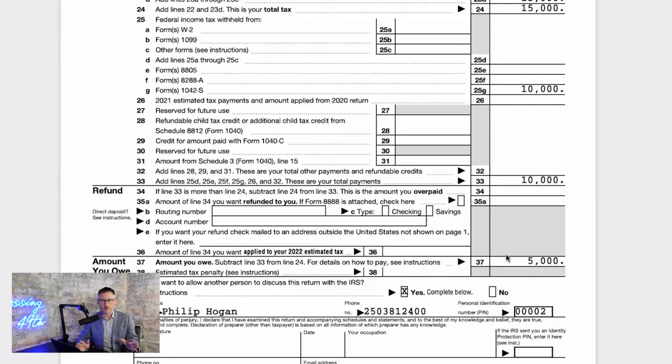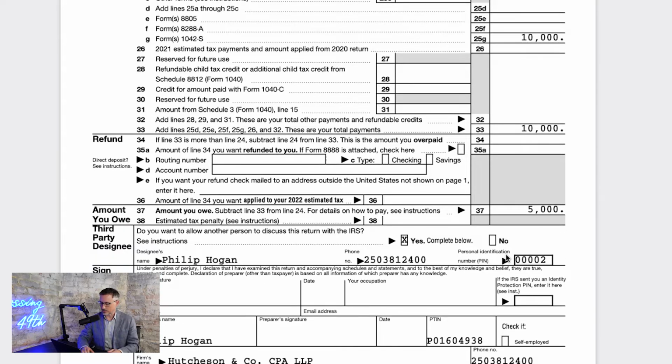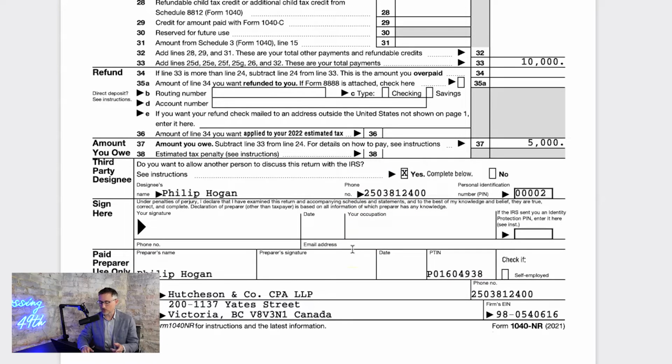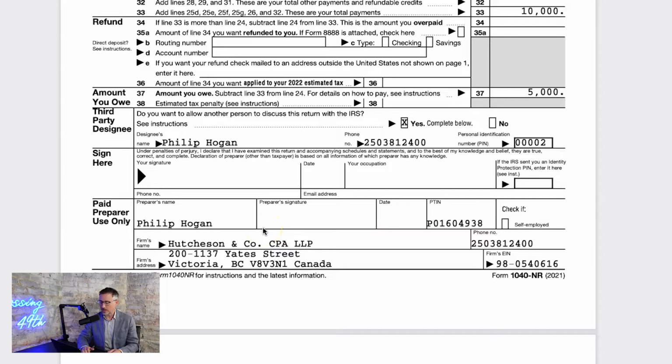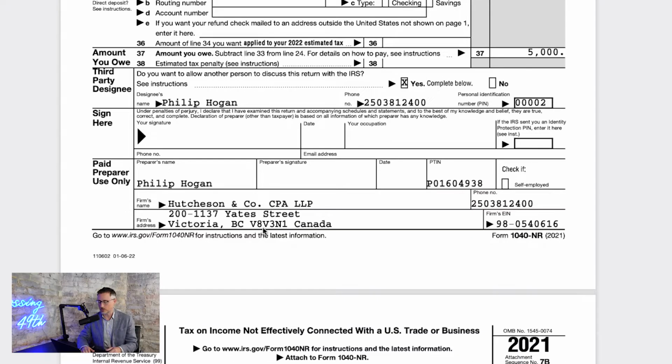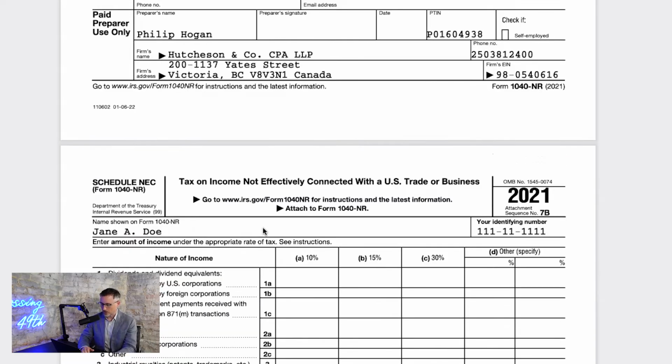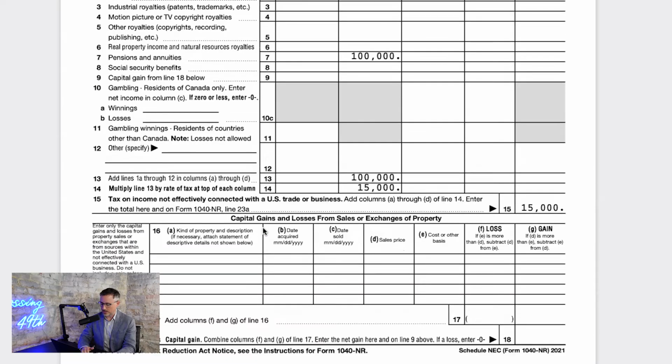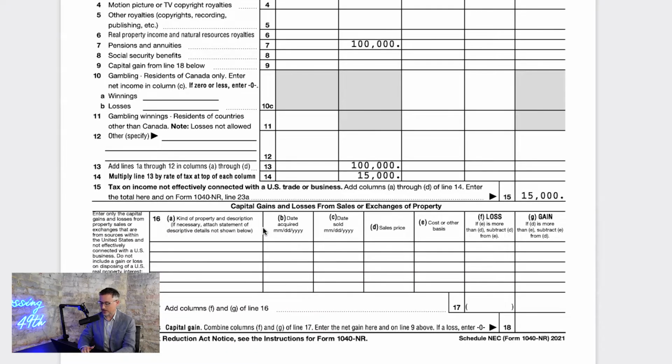Now you paid the full 15. And we'll talk about what happens when you need to get a credit in Canada for the amount that you paid. Now, if you're filing this yourself, you just sign this. If you have an individual that's helping you file the return, the preparer would also sign the 1040NR. Okay, so that's how you complete the actual calculations for the tax.